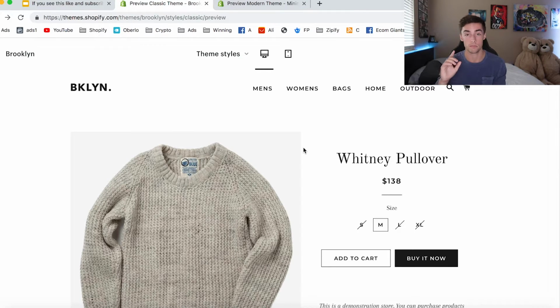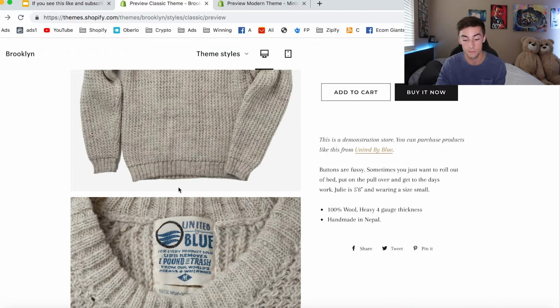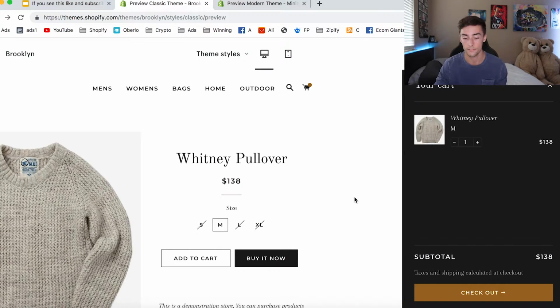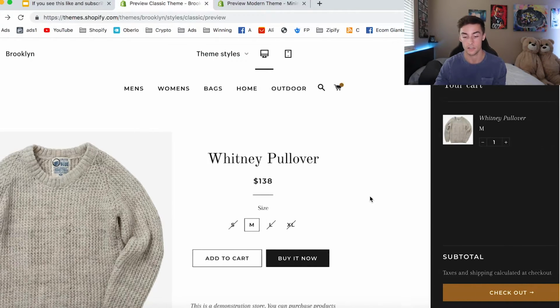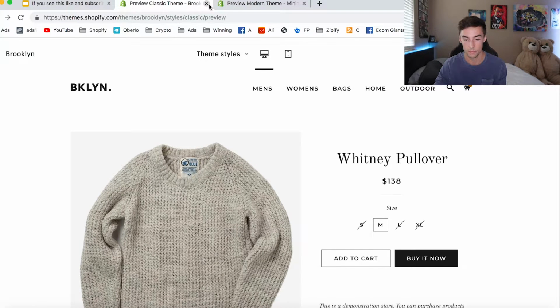But I've seen some really effective one product stores use this one theme because you can see the images next to the description, and that just makes it really nice for desktop users. And for a lot of these themes, they'll have different types of carts. So they'll have modal carts, they'll have their own page carts, they'll have right here, this is modal. I usually like to have my own page because then I have upsells and everything. Anyways, Brooklyn theme, there we go.